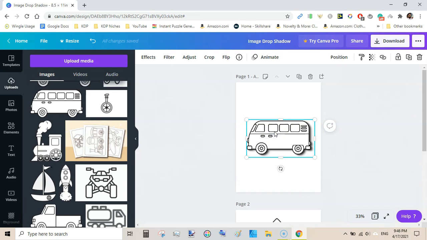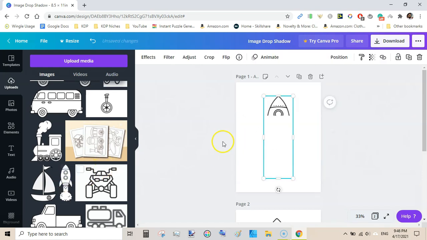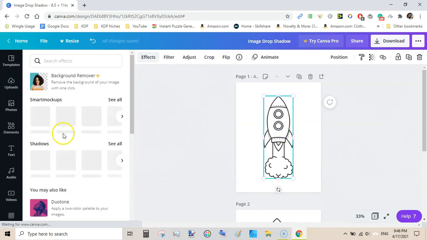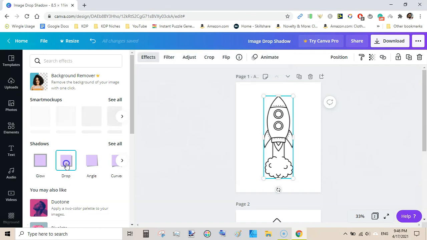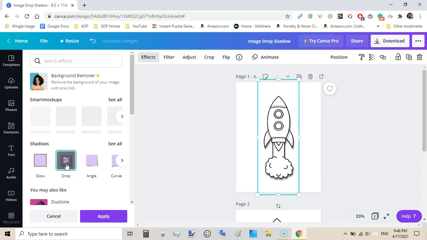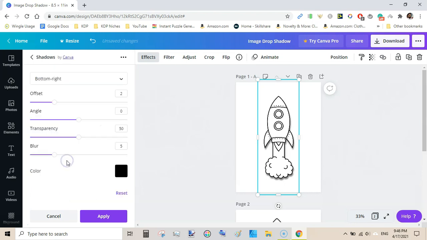So just add shadow to our previous image, that was rocket. Select the image, go to effects, and click on shadows, and then click on drop shadow. And once you clicked on drop shadow, just click on the controls, and you will be here at the controls panel of this shadow. Just increase the offset like this, or change the angle. You can also change the